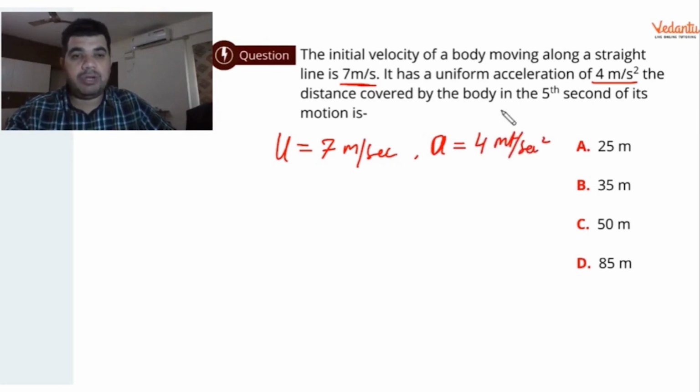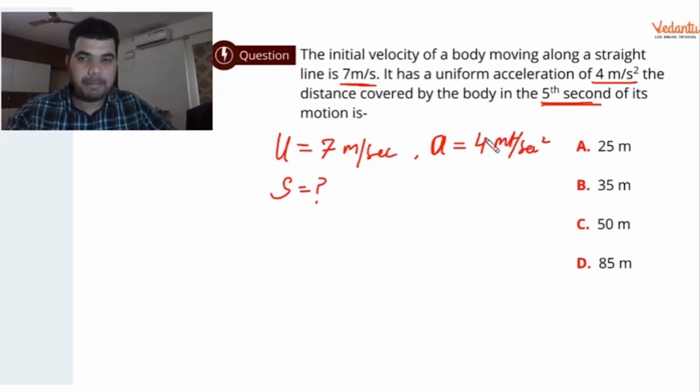The distance covered by the body. Now look, it doesn't say 5 seconds. The question is the 5th second, not the distance covered in 5 seconds. The distance covered in the 5th second. When you have to find the distance covered in the 5th second, then what you have to do? Just apply the formula